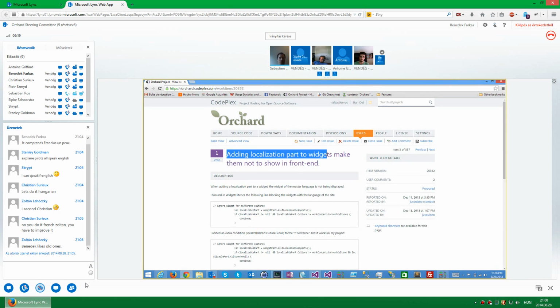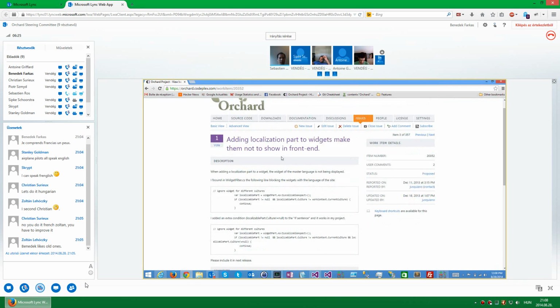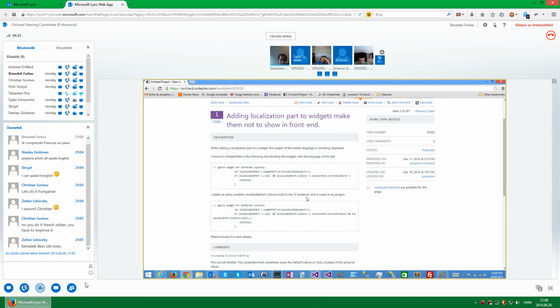Okay, adding localization part to widgets makes them not show in front end. So I know what the default behavior is supposed to be when adding localization part to a widget: master language not being displayed. This is on purpose. Localizable part culture not null.